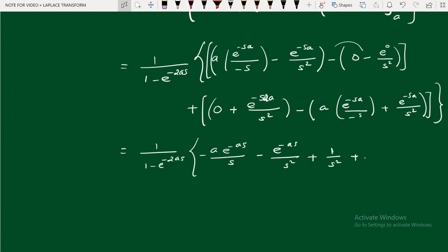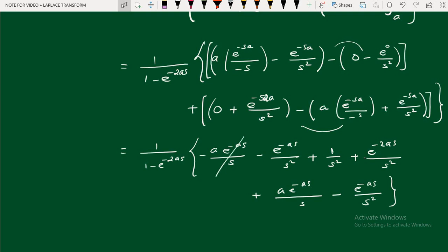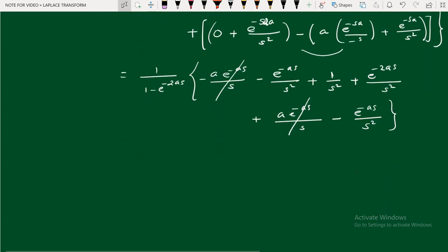Next here, plus e power minus 2as divided by s square. Then if you take this minus inside, minus into minus you get plus, so plus a e power minus as divided by s. Then plus into minus e power minus as divided by s square. That's it. Now see, minus a e power minus as and here plus a e power minus as by s get cancelled. So the remaining term is